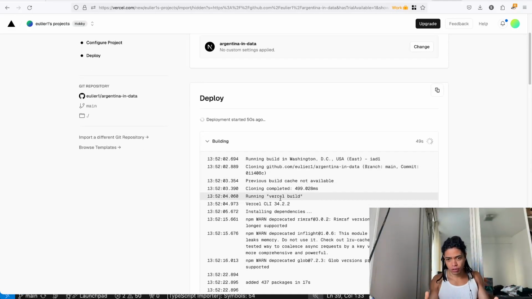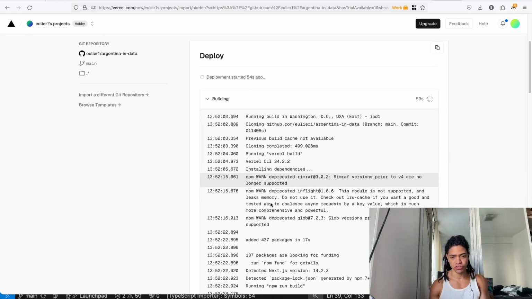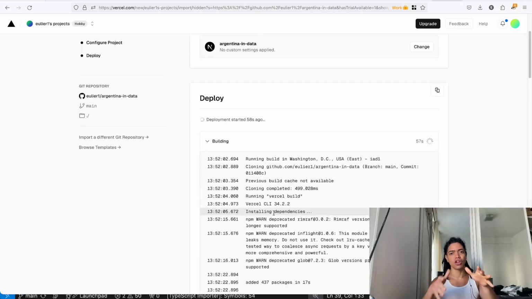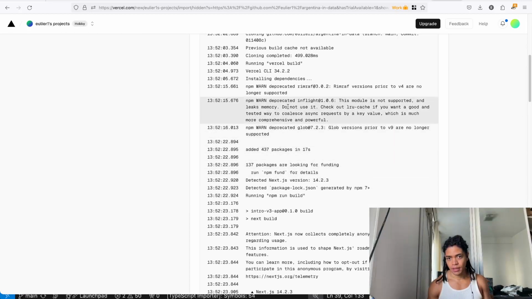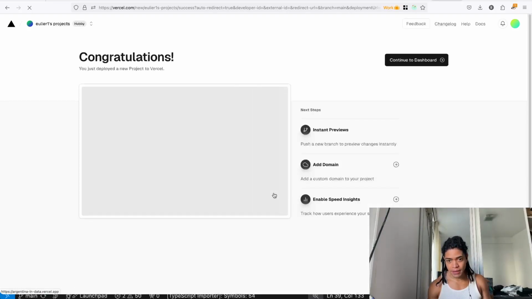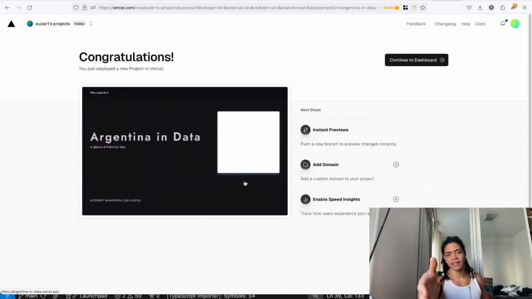It prepares the Docker environment so we can now install the dependencies necessary for our Node.js project. By looking at this as a Next project, it already knows all of the pre-configurations for us. We install all of the dependencies, then we run the npm build.